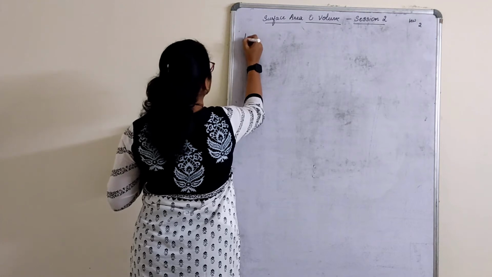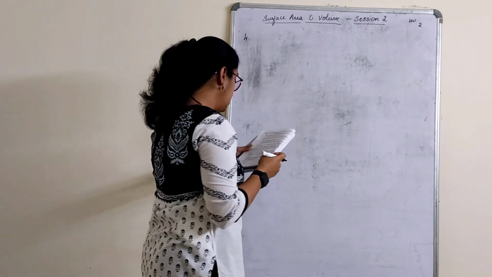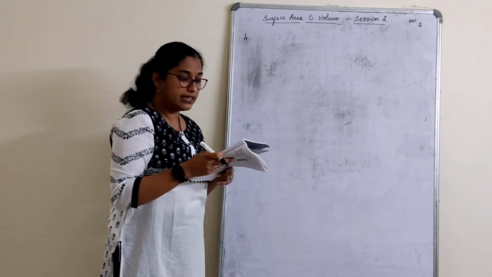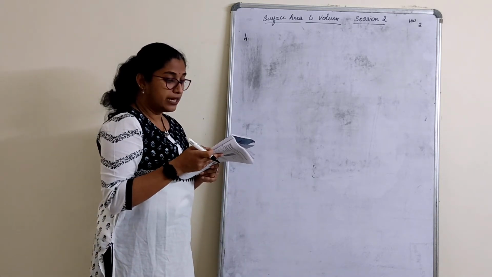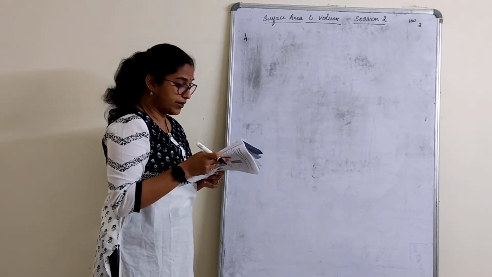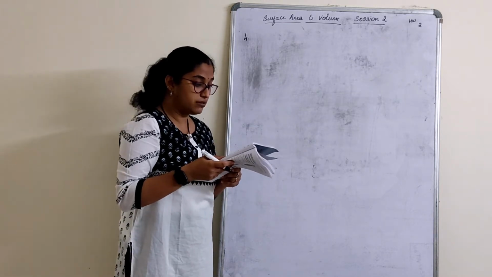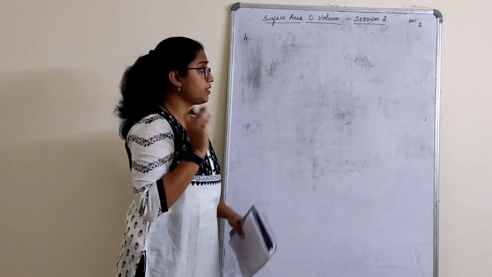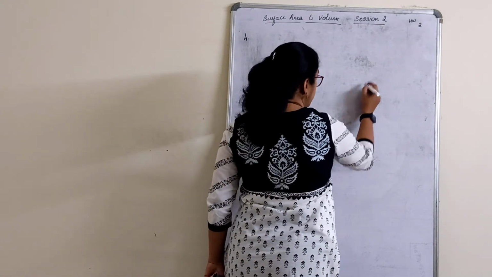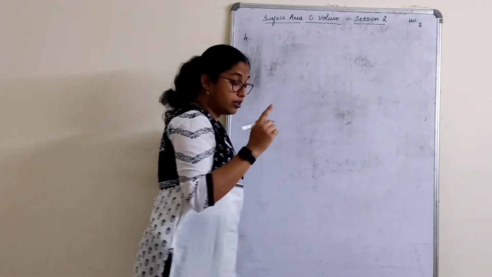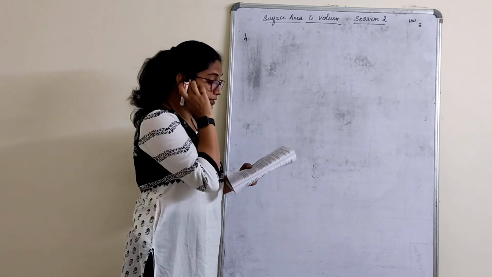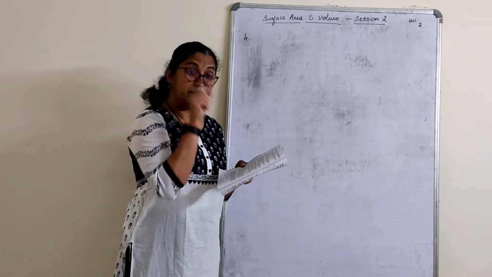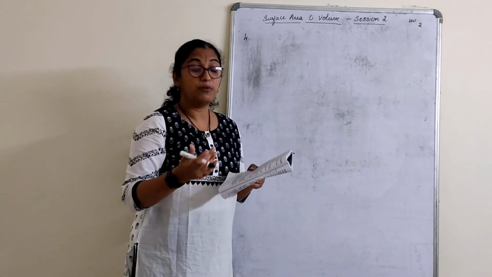Fourth one. A paint in a certain container is sufficient to paint an equal area of 9.375 meters square. How many bricks of dimensions can be painted out of this container? For example, I have a brick. Now, brick is of course, children, I really forgot to mention. First one was cuboid, second one I gave a homework. Third one is a form of a cuboid only, right? Cuboidal, please mention cuboid there because cuboid formula we are using.